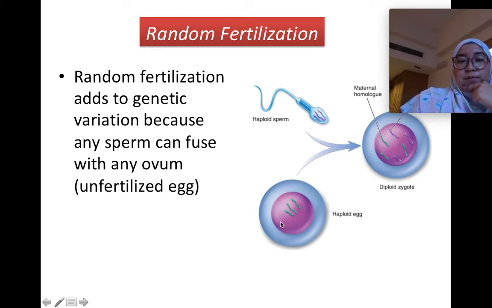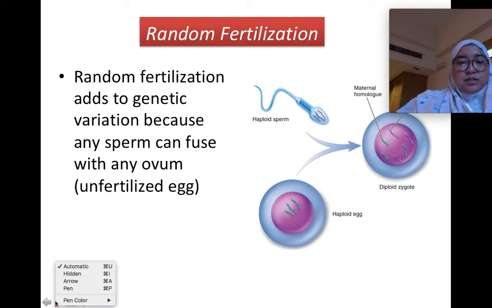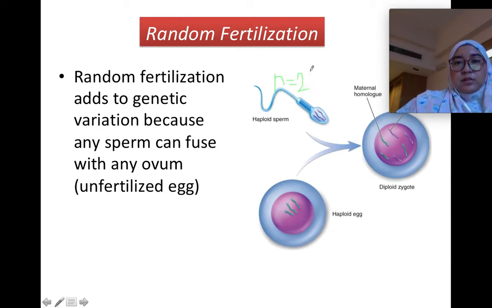So ovum, this is an unfertilized egg, which is a haploid egg, n equal to 23. Sperm also n equals to 23. Write it down a bit. Okay, so this is n equal to 23. So that's why we call it haploid. Ovum is the same, n equals to 23. So when these two gametes, sperm and ovum, fuse together, fertilize together,